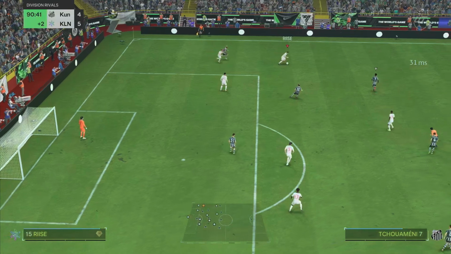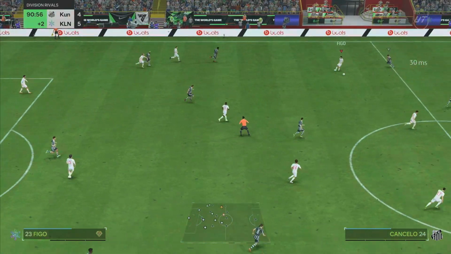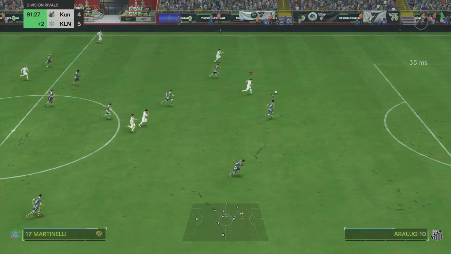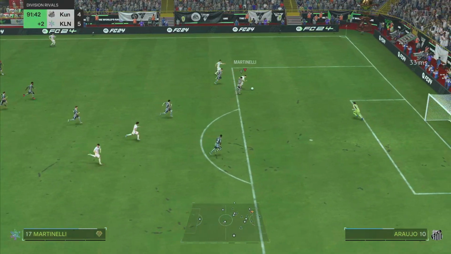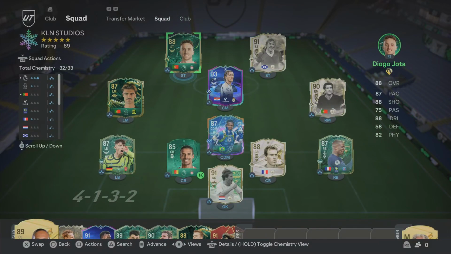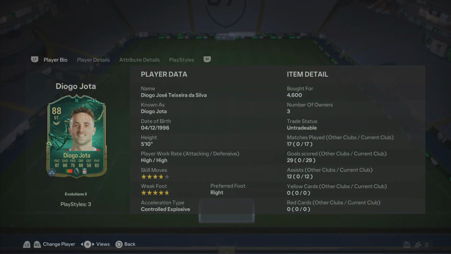And the next clip of this video, the final clip of this video, Figo gets it into Jota at the striker position, takes a touch away from his man, and weights that pass perfectly for Martinelli, who gets away from Araujo, loops it over the goalkeeper and scores to end this video. So guys, with that being said, it is